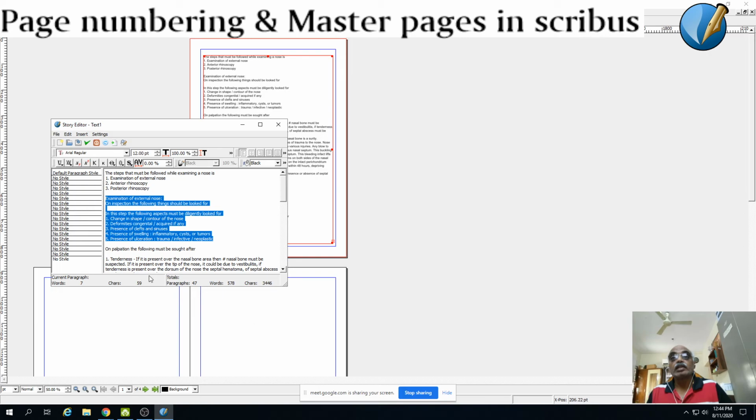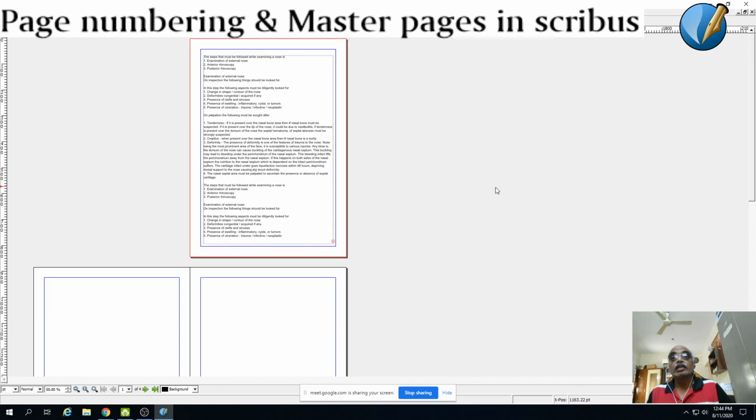So in the next session I will be discussing how to create styles so that these styles can be applied to your document. If you want to apply styles to the document, you need to go to the story editor and apply it. So now, just for demonstration purposes, I have applied the default paragraph style to one of these paragraphs. Now you simply cannot close this window. You need to update the changes you want to be done. So there will be a small tick mark here. Are you seeing the tick mark here? So you just click the tick mark, then automatically the change will be applied.